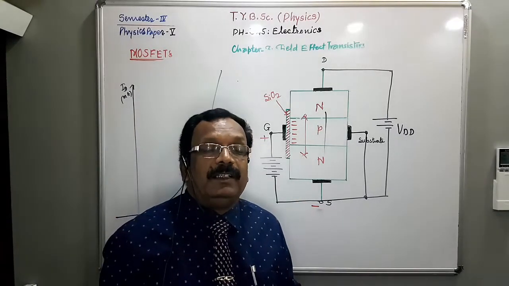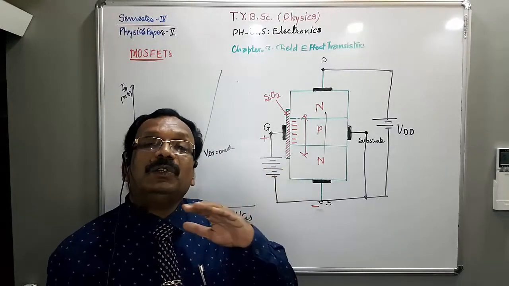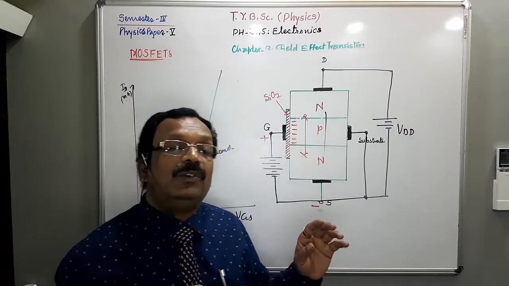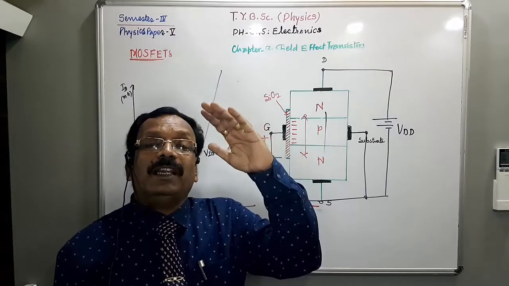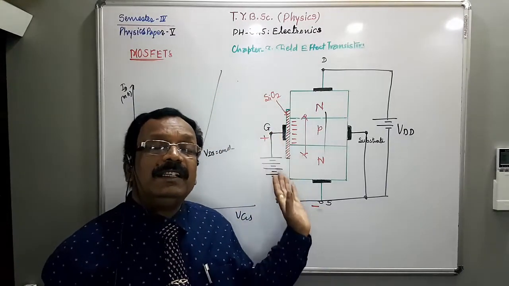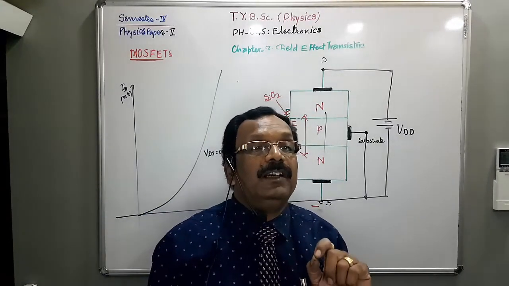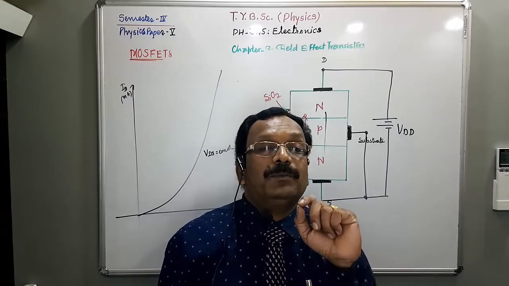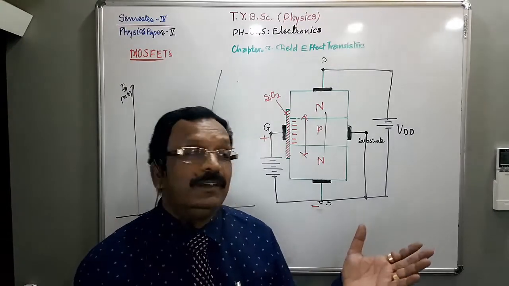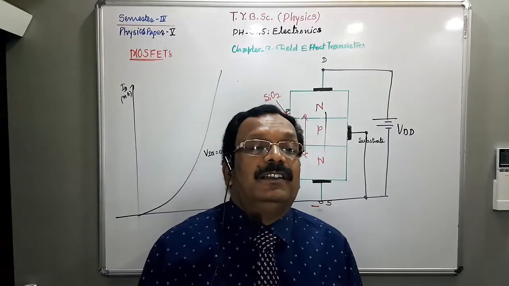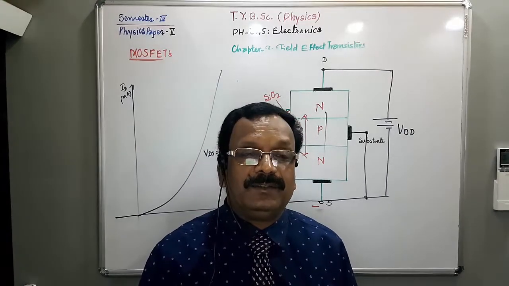It may be noted from this transfer characteristic that there is no drain current for VGS equal to 0 volt. If VGS is increased above the threshold, VGS threshold, the drain current increases rapidly. It may also be noted that the enhancement type MOSFET does not have a pinch-off parameter like JFET and depletion type MOSFET. And in this way, we studied the enhancement type N channel MOSFET along with its characteristics.